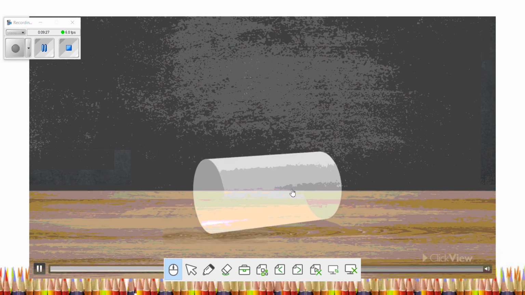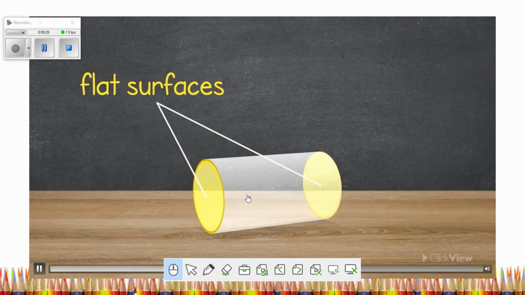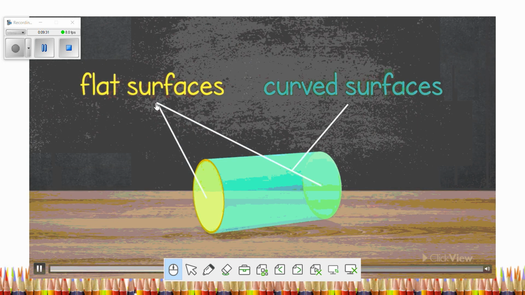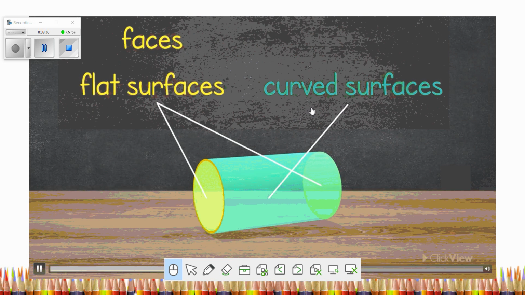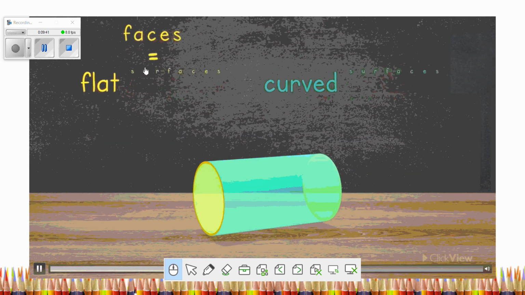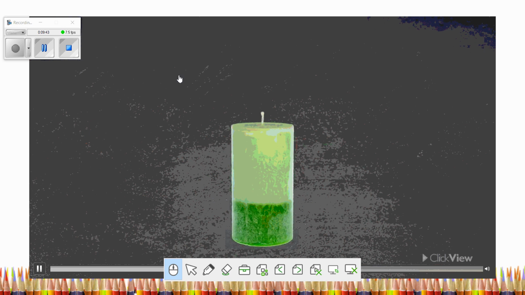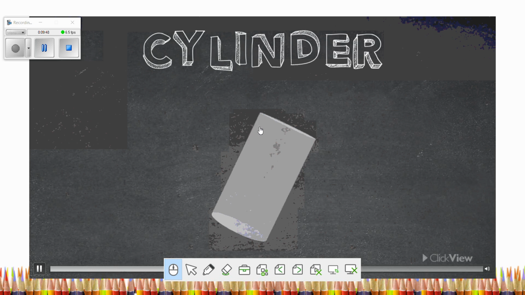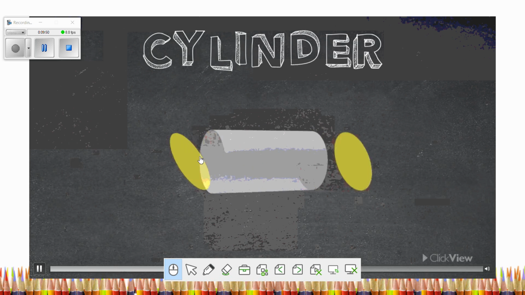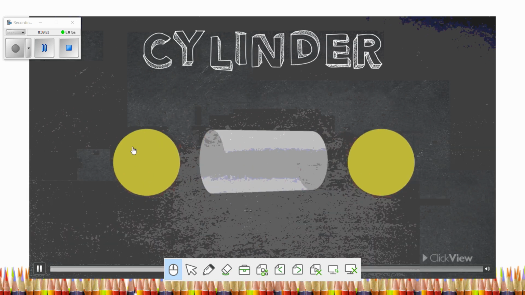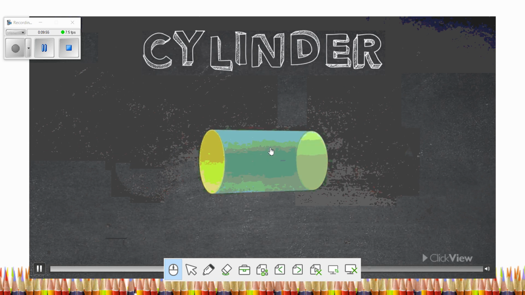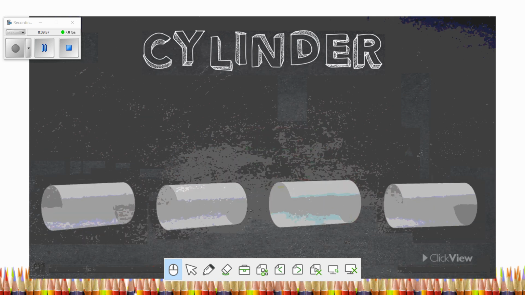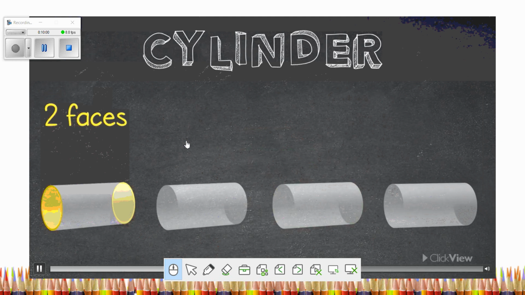Now this one is cylinder. The cylinder has flat surfaces and curved surfaces. Faces, the same meaning as flat surfaces. This one, cylinder, it has 2 circles, 2 flat surfaces. It has also 1 curved